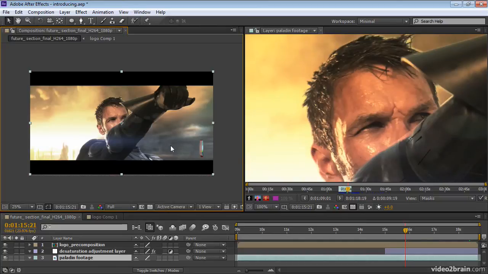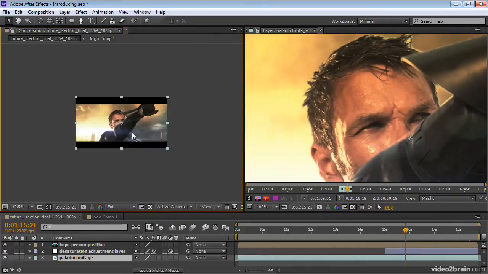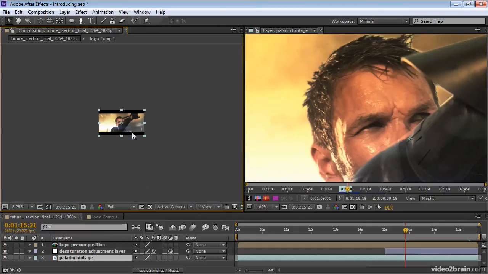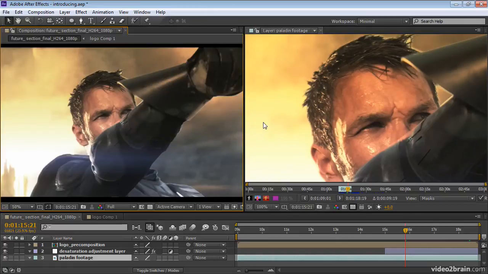Note that it's often easier to use other commands for zooming in and out than always going to this menu and choosing. For example, you can use the mouse scroll wheel to scroll in and out, and keyboard shortcuts such as period and comma. I'm pressing the comma key now, and now I'm pressing the period key. And the same thing works in the Layer panel, using the mouse scroll wheel,